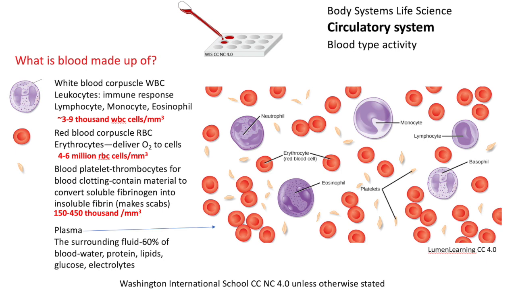Red blood corpuscles, erythrocytes, 4 to 6 million in a cubic millimetre. Blood platelets, which are thrombocytes, are for clotting of the blood. And surrounding all of that, the plasma, a fluid, 60% of the blood, mainly water with some protein, lipids,